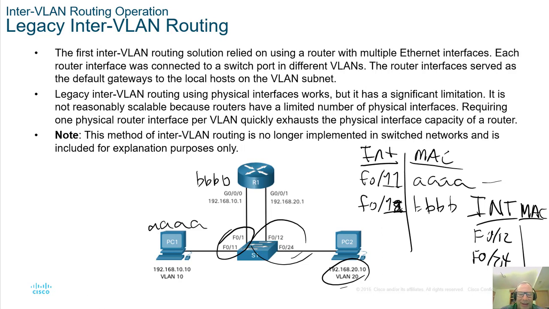So 12, we'll make this CCCC. We'll make BC2, DDDD. And that's where those will come out, right? CCCCC, DDDD. And we're all set to go. So keep that in mind. So we're building two different port groups, two different broadcast domains, and we don't have to really identify anything to